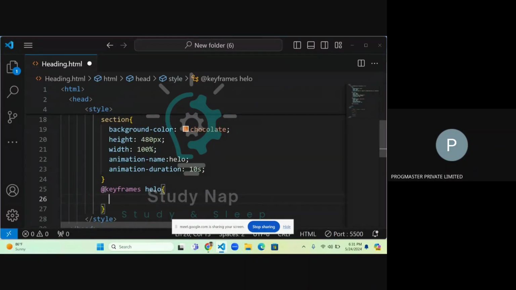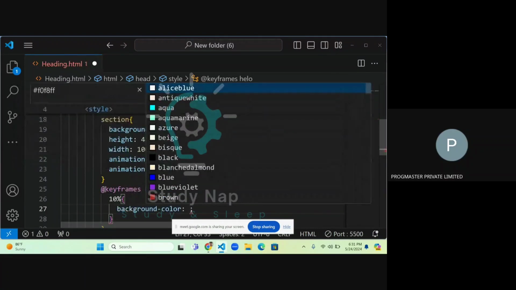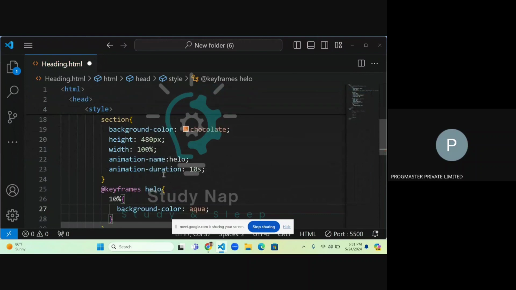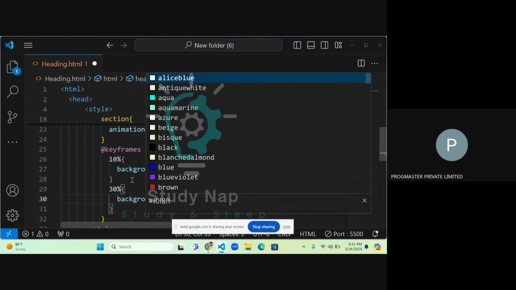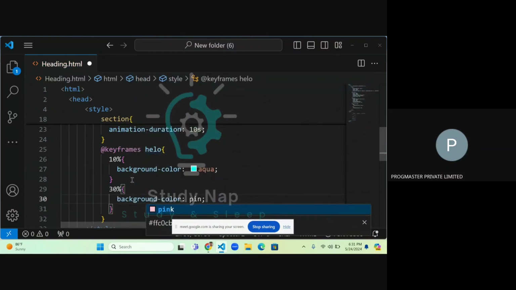So now for example here, I want to apply some 5 or 6 colors. For the 10 percentage, I want to make one background color here. The background color will be aqua color. And then at 30 percentage, I want to apply a different background color here. The background color will be pink color. And then